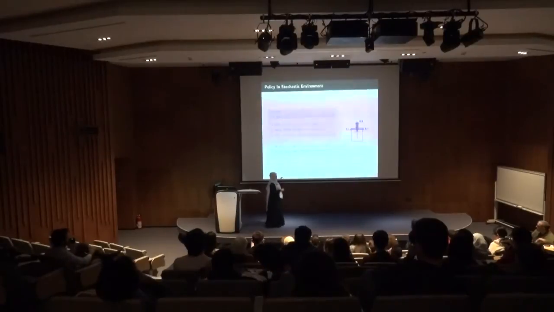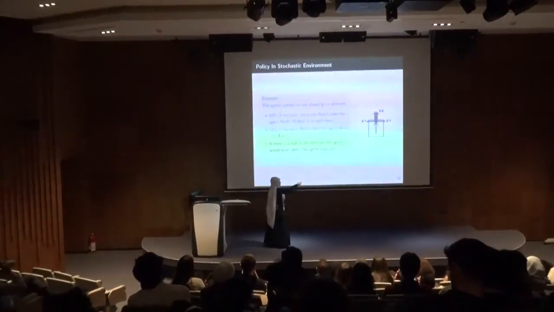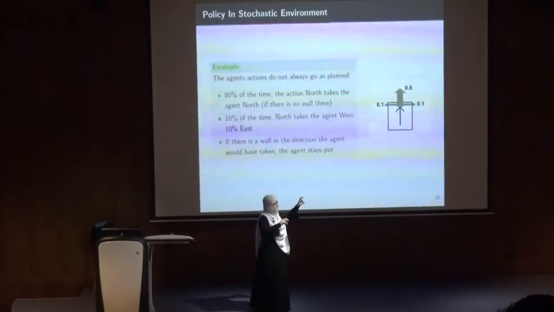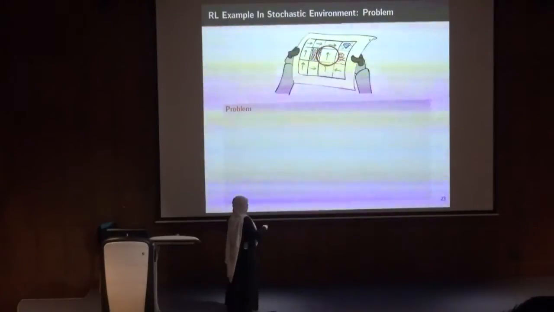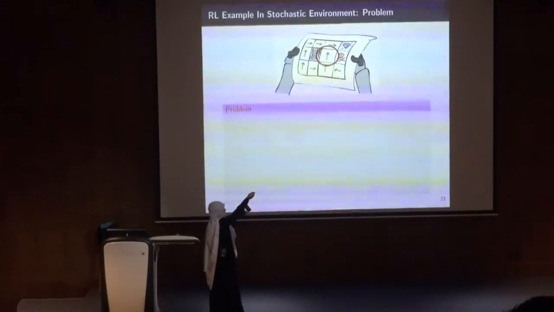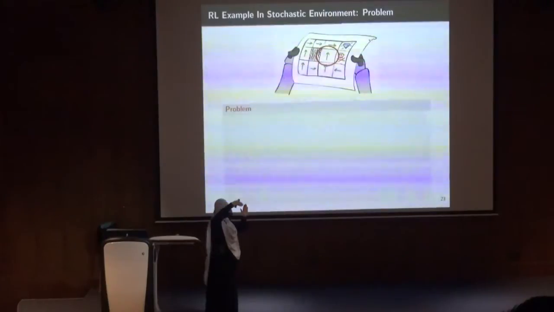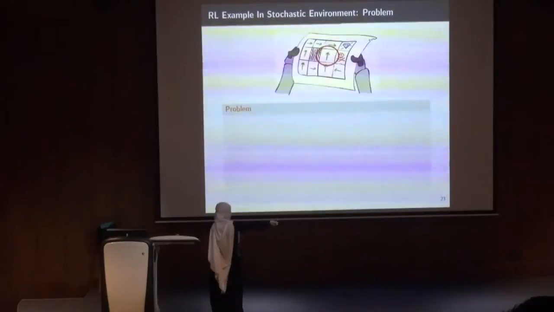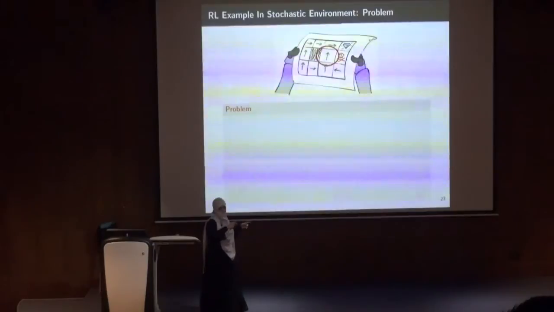Okay, so a stochastic environment could be, given a certain state, going up will reach the up state with a probability of 0.8, right 0.1, left 0.1. Now, with this constraint, if I am in this red state here, going up will reach the up state with a probability of 0.8, but I have a probability of 0.1 to end up in the state to the right, which is the danger state, right?